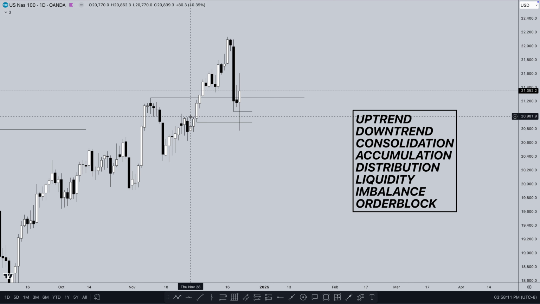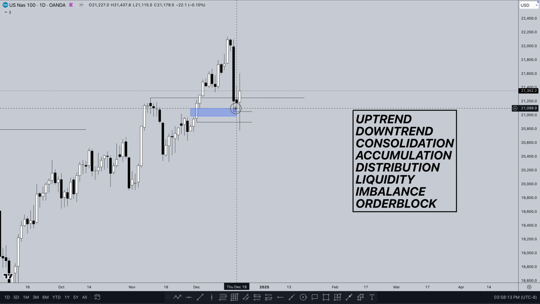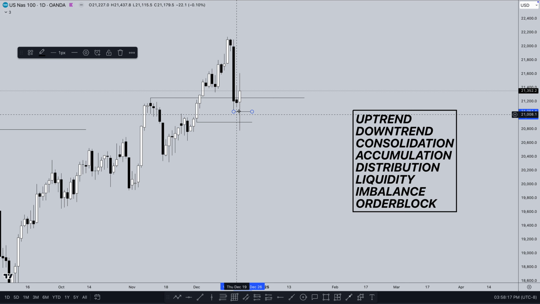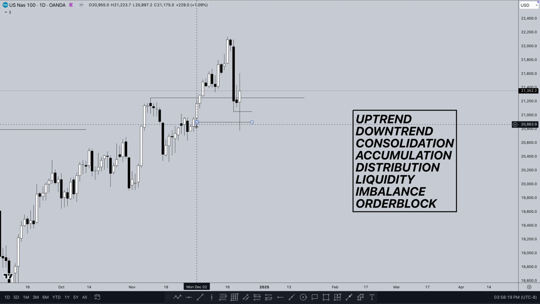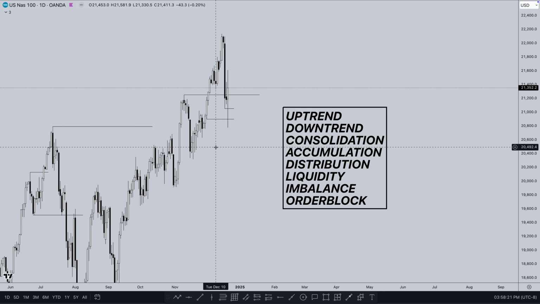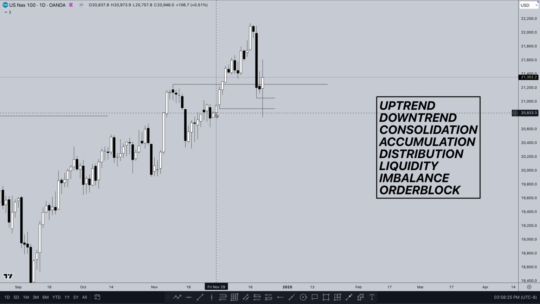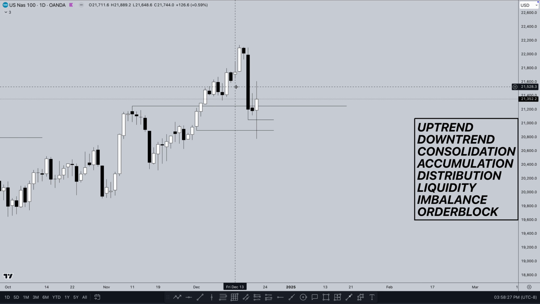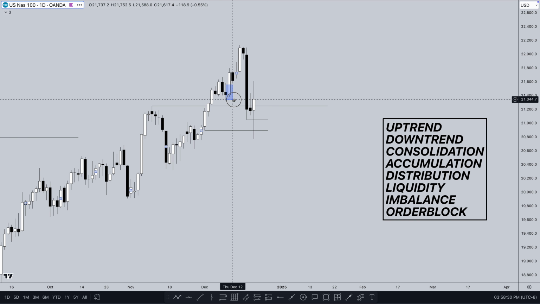We had the imbalance as well. Price initially filled the imbalance, took off, and then came back even deeper, sweeping more liquidity, right? And then I just went over imbalances and then order blocks as well. Those are going to be like the last selling candles before the move up. And as you see, price, we did have one here, an order block,